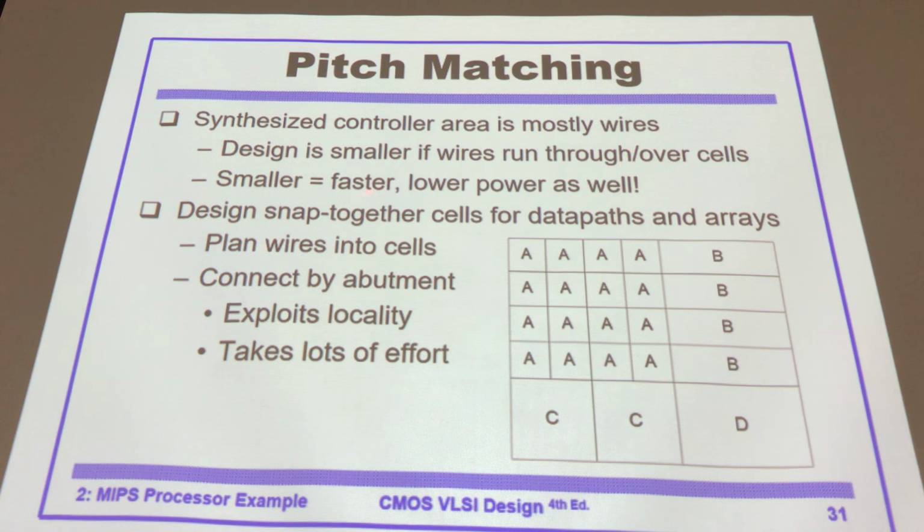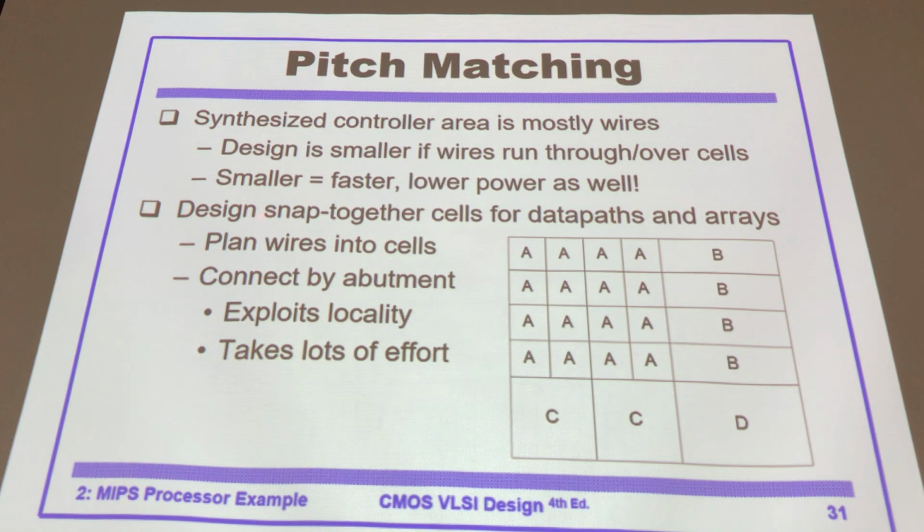It's smaller and faster. Okay, signal will not propagate too long a distance. Low power consumption also. The shorter is better, the smaller is better. Design snap together, 连在一起 snap together, cells with the same height in an array like this. And plug wire into the cell. Try to put wire on top of the cell without using the chip area around the circuit. Connect by abutment, just above. 就把并列在一起，就是重连接在一起的。